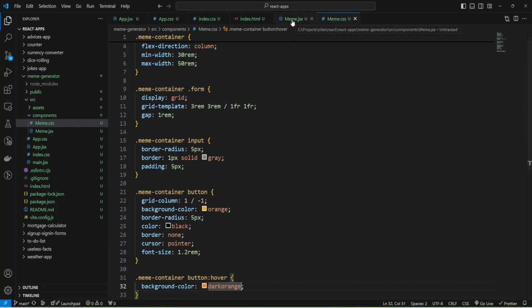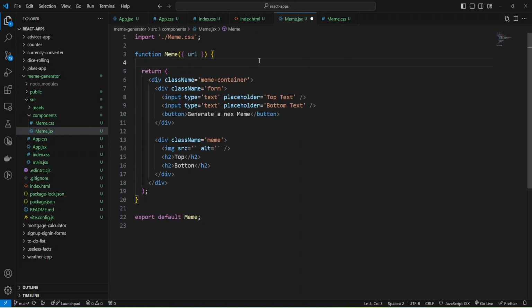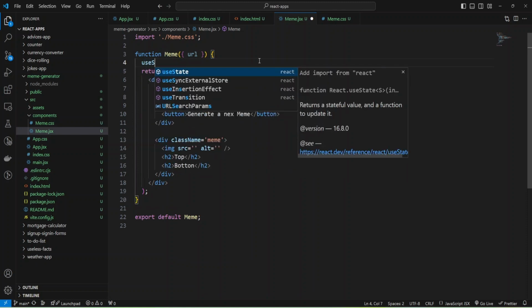And let's do the code and build our image functionality with promises and the API. I'm going to open my meme.jsx and add state. We need state for our meme.